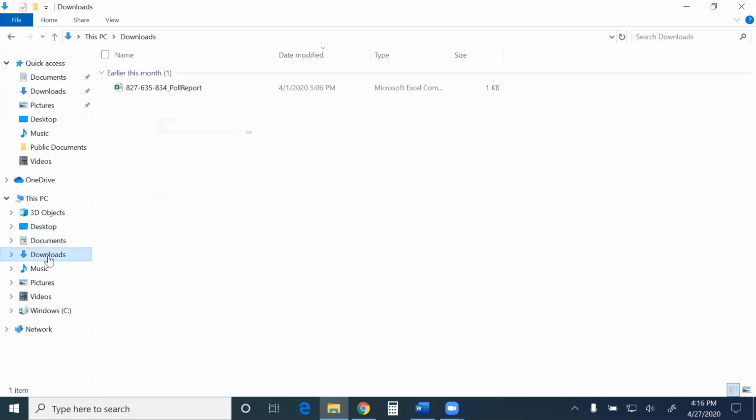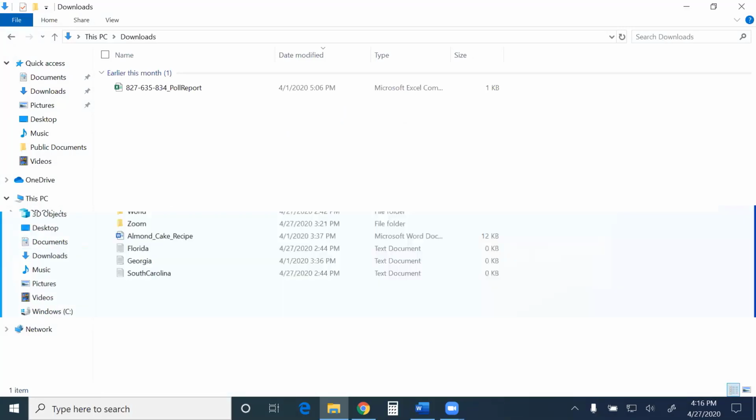We have the downloads directory. Downloads is where, if you download anything from the internet, let's say you download an installation file, a driver, a PDF from the IRS website, you download something from your email, most frequently it's going to go into this downloads folder. Then we have music, which is self-explanatory, pictures and videos.